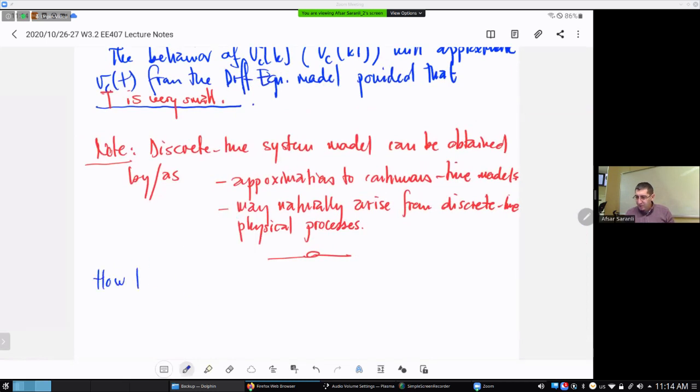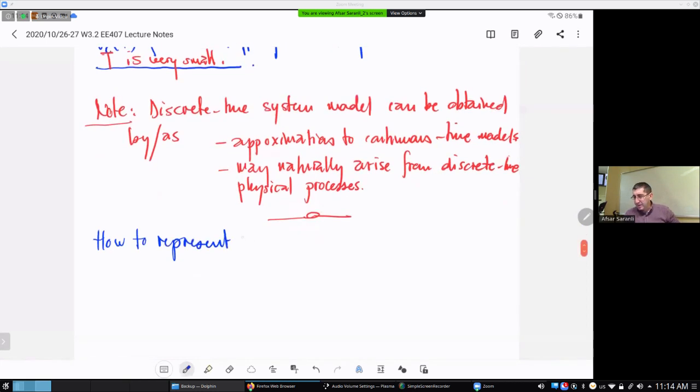How to represent the discrete time system in frequency domain is through the Z transform. So the way we do this is, again, we are assuming